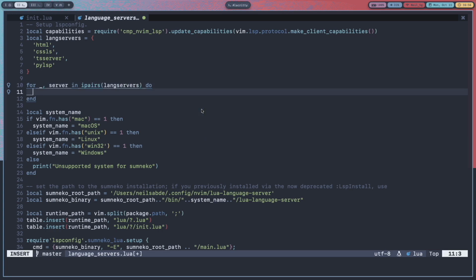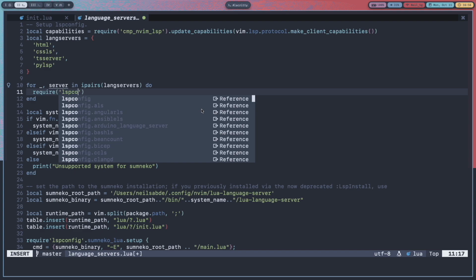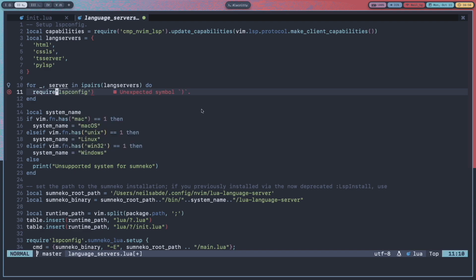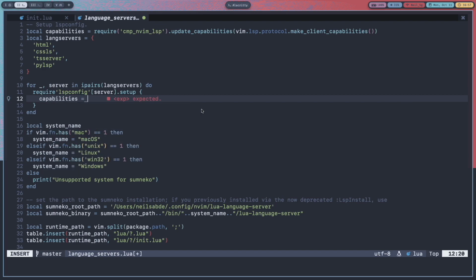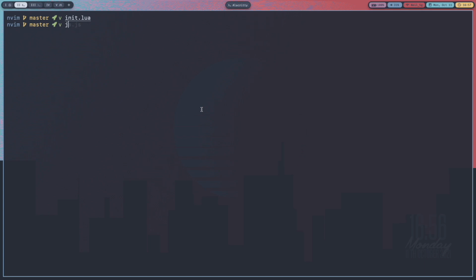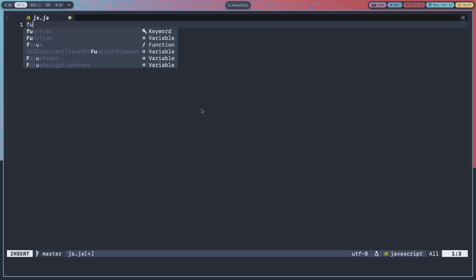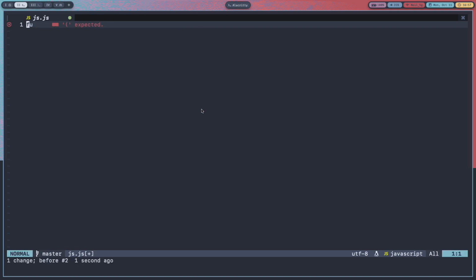We are going to do require lspconfig, no need of the parentheses, lspconfig[server].setup, capabilities equals capabilities. Okay, now if I go to js.js and then do function, everything is working as expected.